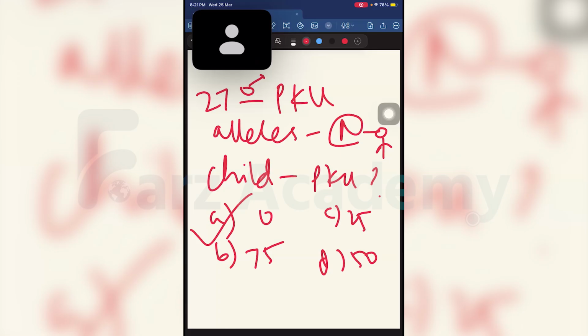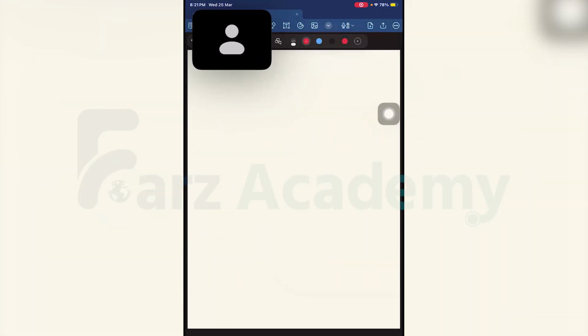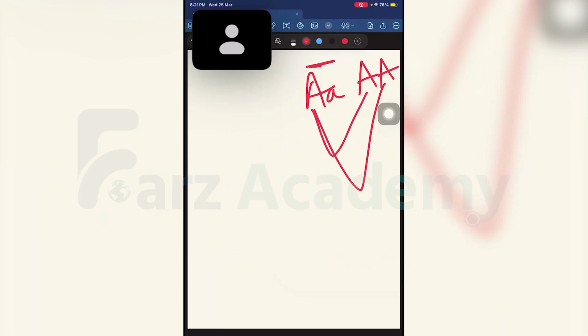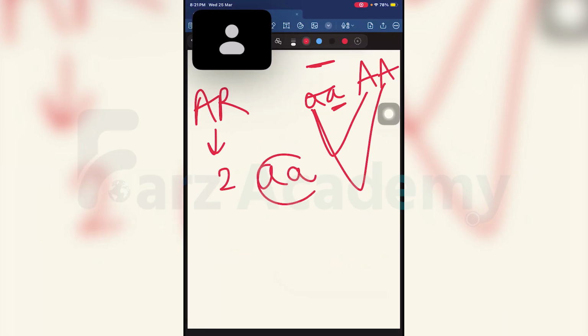50%. Very good. So you have to understand this. Obviously, by drawing this, you understand that he is diseased, so both the alleles have to be affected, and she is absolutely normal. So when you do all the combinations, it is only going to give you one defective allele. But you can understand this by concept also: I told you autosomal recessive has to have two defective alleles, right? Both the alleles have to be defective.